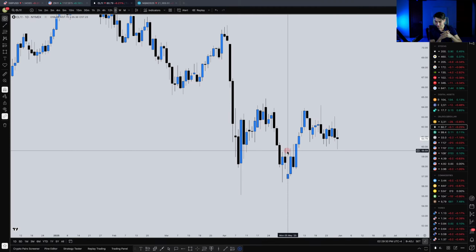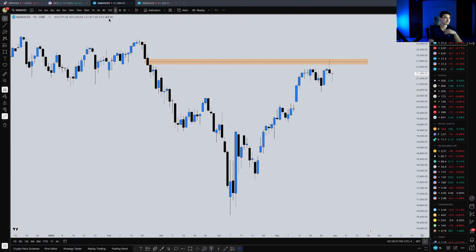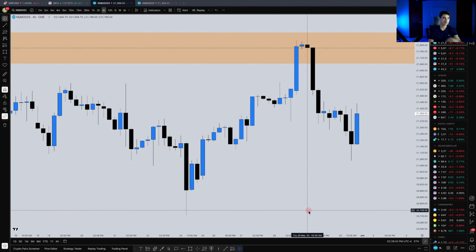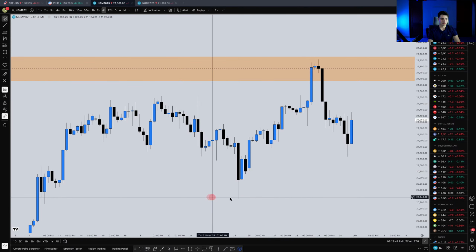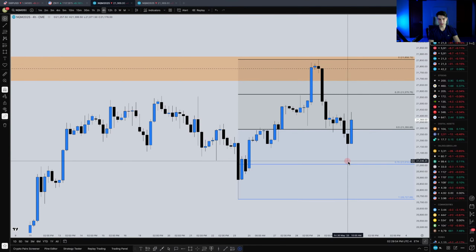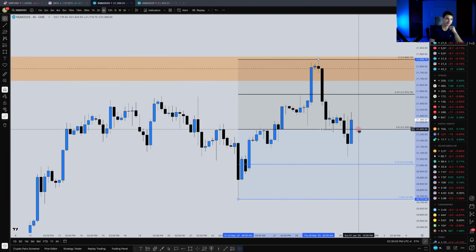James, on the 4-hour time frame, Friday's drop came back to 50% of the dealing range. Yes, sir. Good observation. Absolutely. So you guys can see what this gentleman is referring to. We have the dealing range low, the dealing range high, dropping below equilibrium. And if the market's bullish, it will drop below equilibrium to accumulate and keep trading higher. And that's absolutely what I'm looking at as well. So we're on the same page, James.